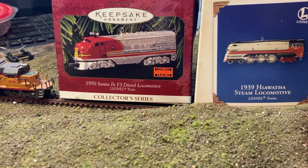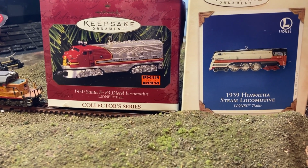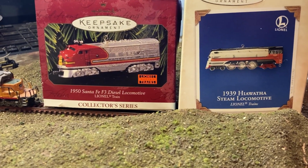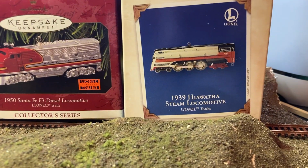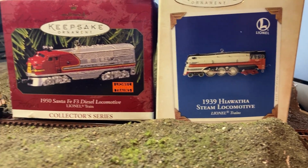So in conclusion, we've learned that these Hallmark and other train ornaments are really made to a certain length to fit their packaging rather than a certain scale. Though the 1950 Santa Fe F3 diesel locomotive and the 1939 Hiawatha steam locomotive are both pretty close to N